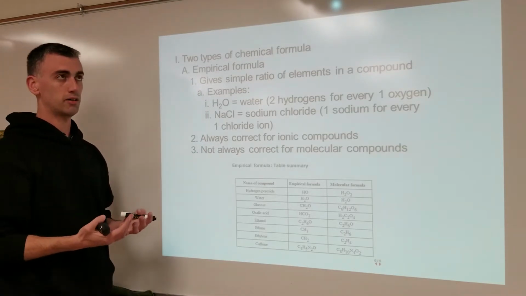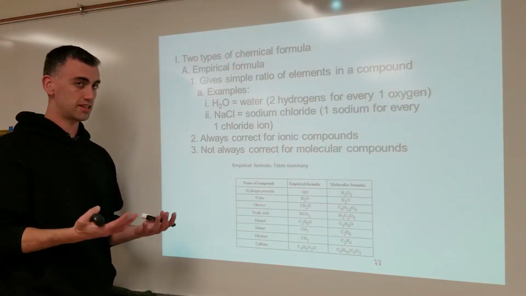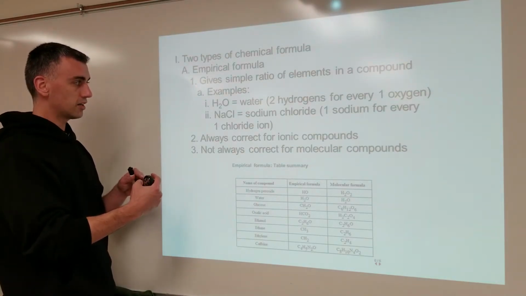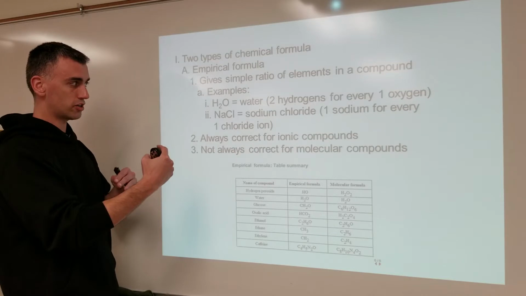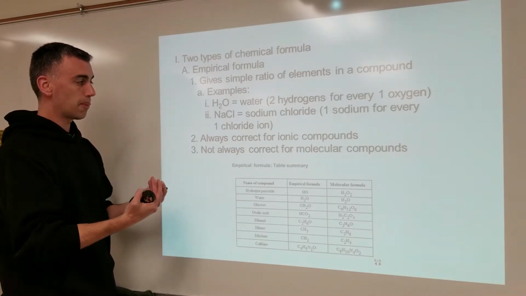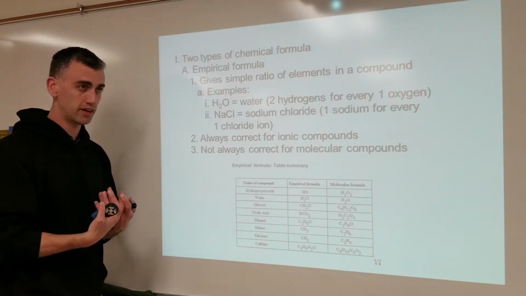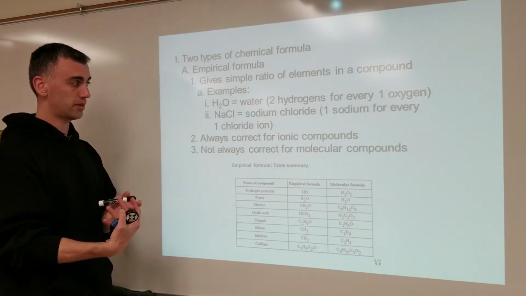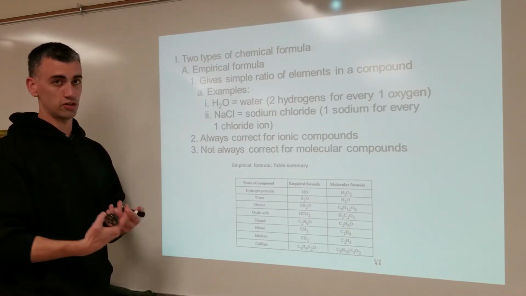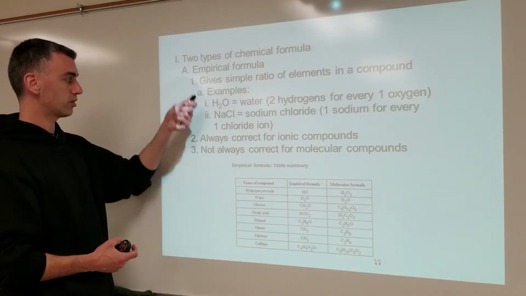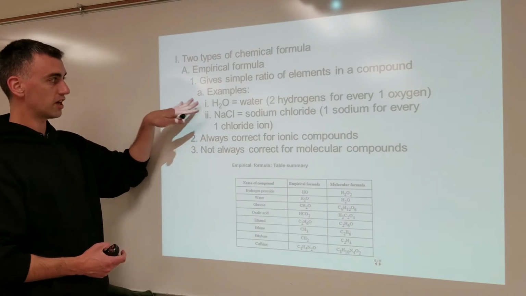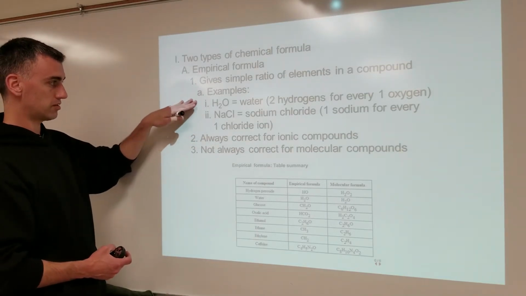So for ionic compounds, it's because they exist as crystals, so that means sodium chloride crystals can be small or large, which means that they can contain varying numbers of atoms, so the total number can vary from sample to sample of an ionic compound, but the ratio remains the same. So the empirical formula works for ionic compounds always, and it works for non-ionic compounds also, which is to say